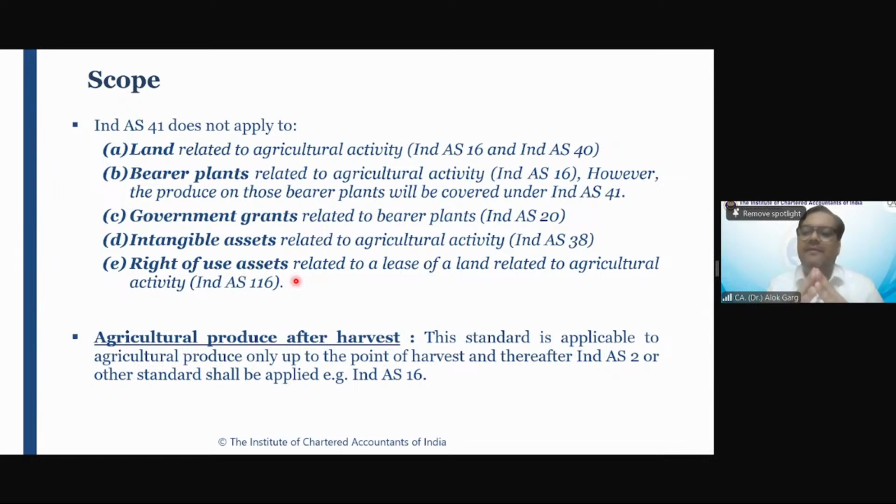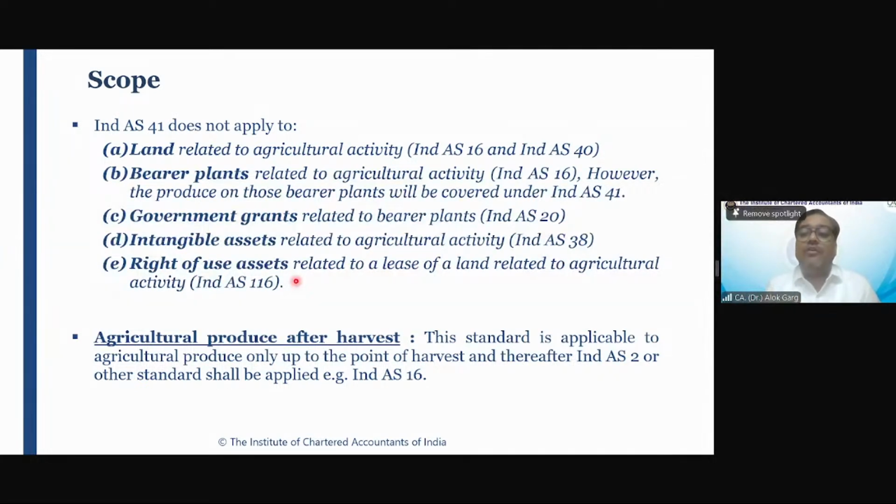So let's say a company Nestle. Okay. Nestle is into the business of FMCG as well. They are manufacturing sauces, chutneys, toffees, chocolates. Okay. So if Nestle has a mango orchard, what is the nature of the mango tree? What is the classification of mango trees? Bearer plant. Bearer plant. And these mango trees are covered under Ind AS 16 or Ind AS 41? Ind AS 16. Very good.